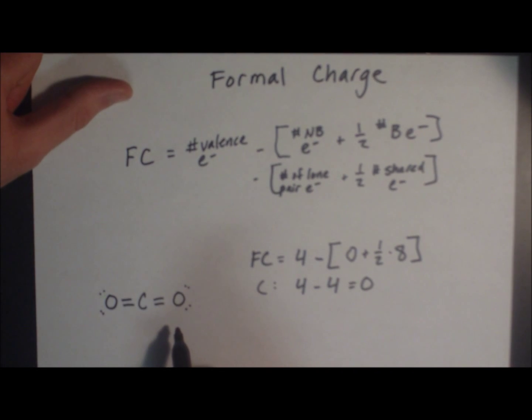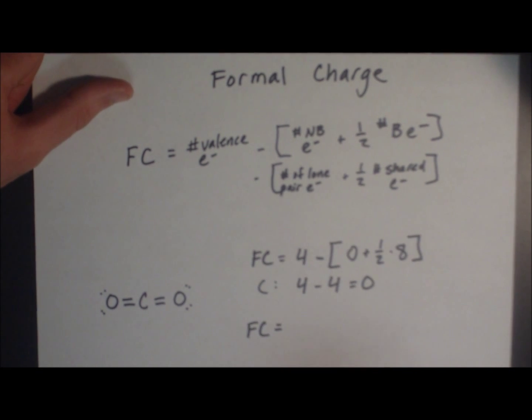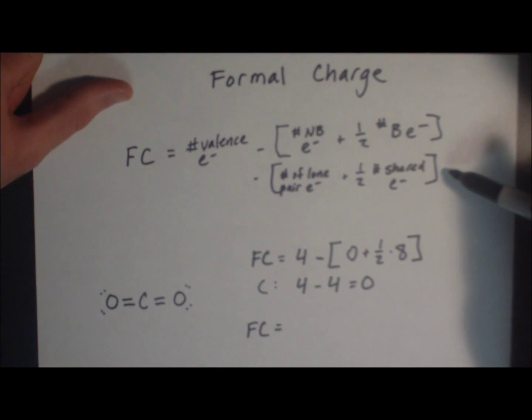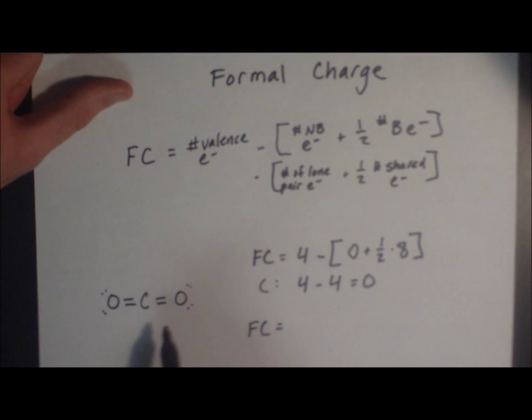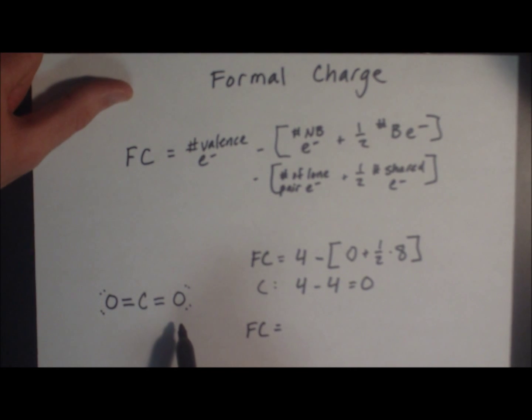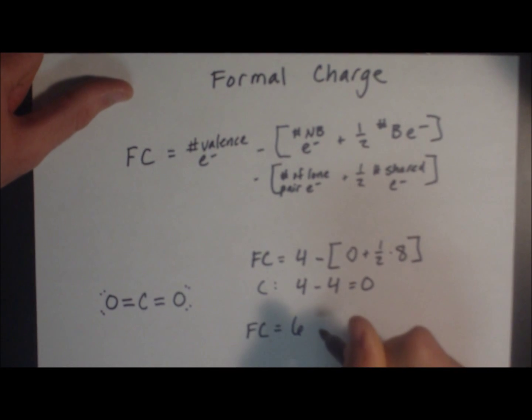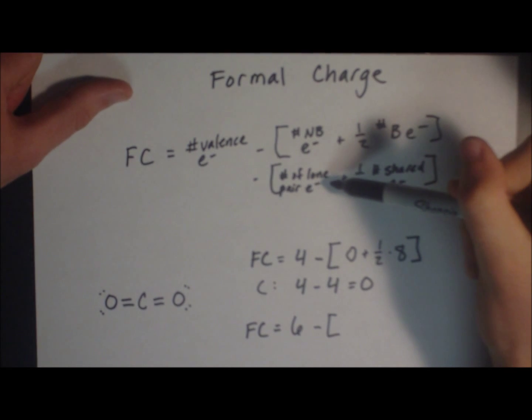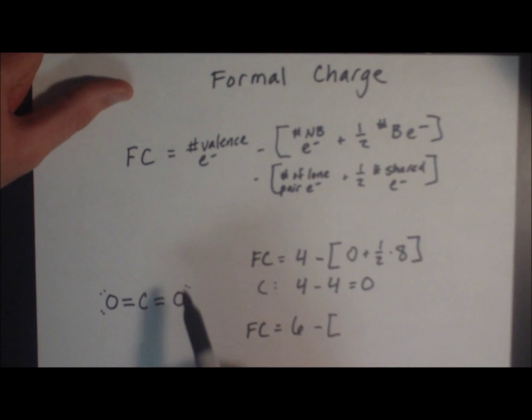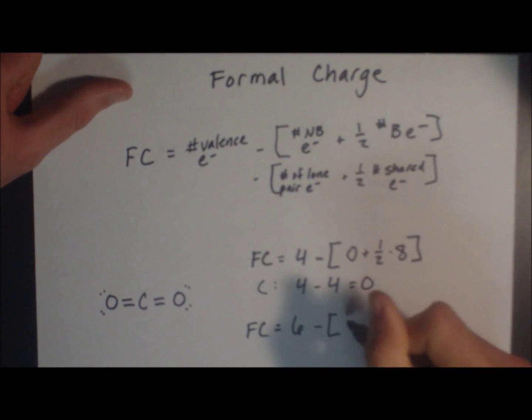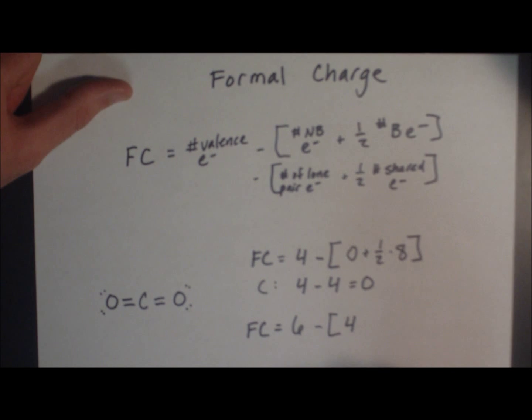Now, let's do the formal charge of oxygen. And we'll use this version instead. Oxygen is a group 6 element on the periodic table, meaning it has 6 valence electrons, minus, so number of lone pair electrons. It has 1, 2, 3, 4. 4 lone pair electrons, plus